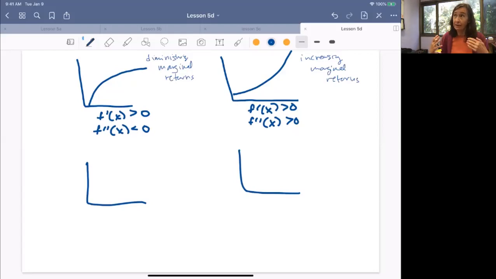Those kinds of objective functions produce destabilizing behavior. So beware of increasing marginal returns in some cases. You can also think of increasing marginal returns in